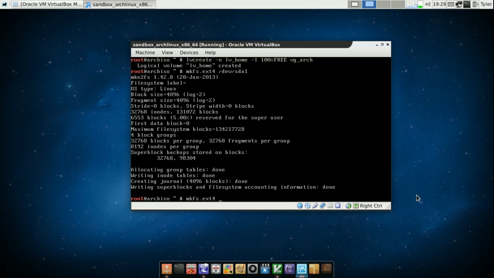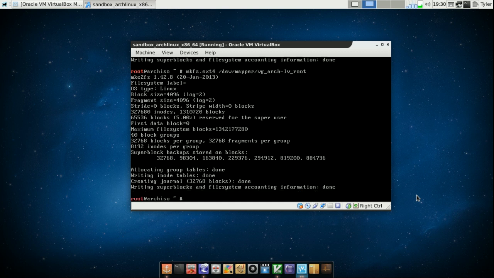mkfs.ext4. This time it's /dev/mapper. This is the logical volume we just created. vg, remember, volume group, and tab to autocomplete, and this will be our root partition. So enter, and again